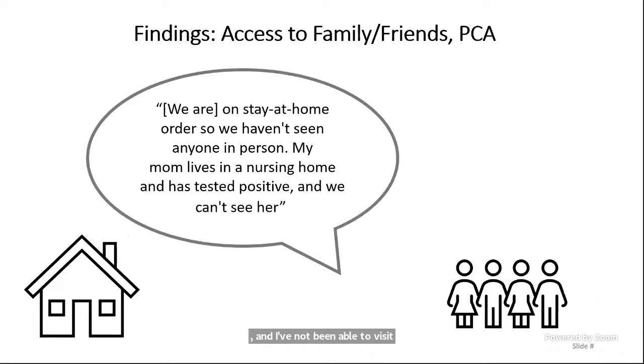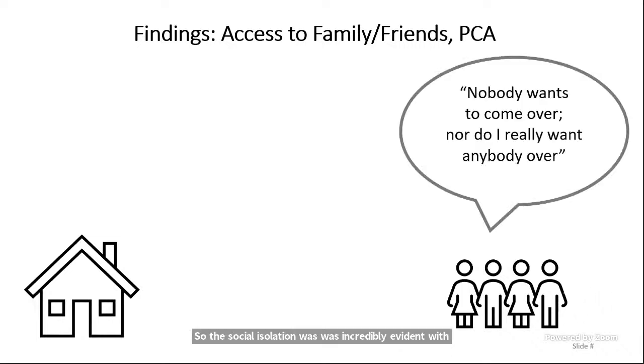Another person noted that we are on stay-at-home order, so we haven't seen anyone in person. My mother lives in a nursing home and has tested positive, and we can't see her. So the social isolation was incredibly evident with our data here. A third participant noted that nobody wants to come over, nor do I really want anybody over. So it was that juxtaposition of needing and wanting contact with others, and yet needing and wanting to be safe